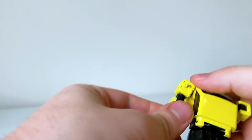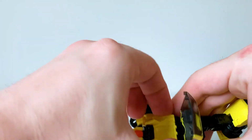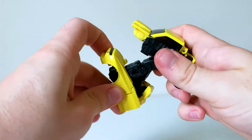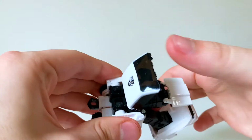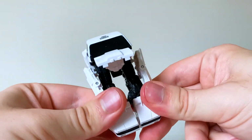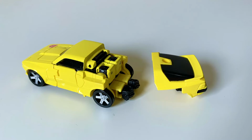The transformation is basically the same as Netflix Bumblebee's. It's tons of fun, feels very smart and efficient, and absolutely feels like a Deluxe class transformation, despite being the size of a Legends class figure. In fact, I'll go as far as to say the transformation on these figures is more intricate and involved than Siege Sideswipe. This does include a bit of the old parts forming, which I know will cause some people to